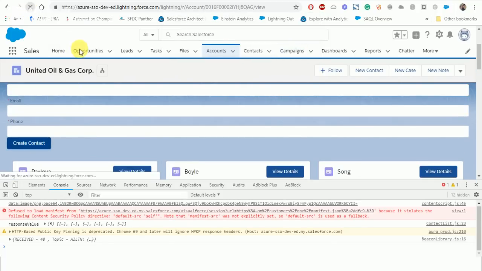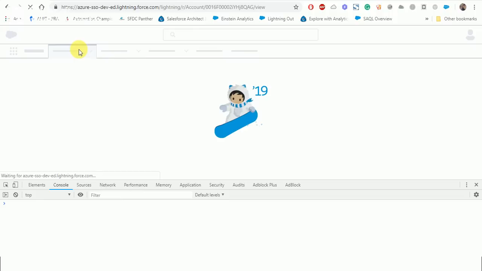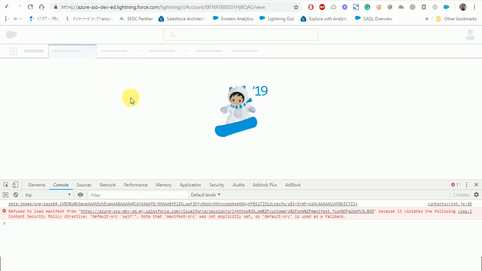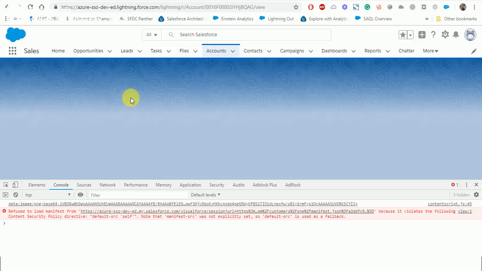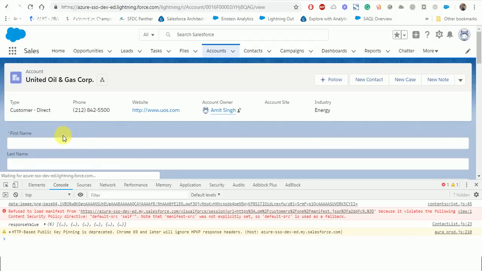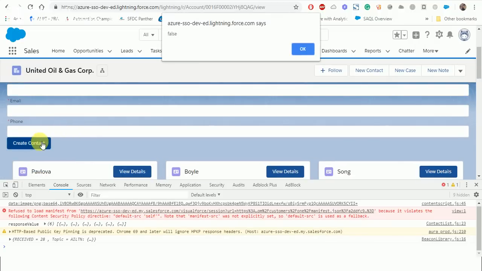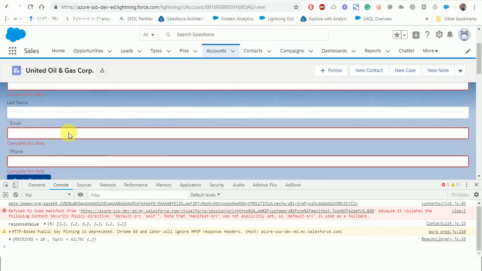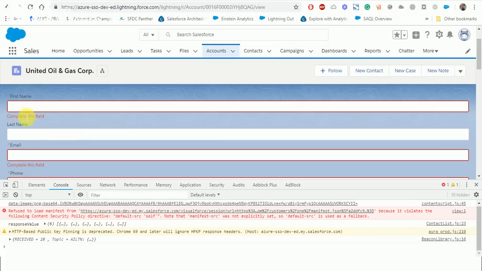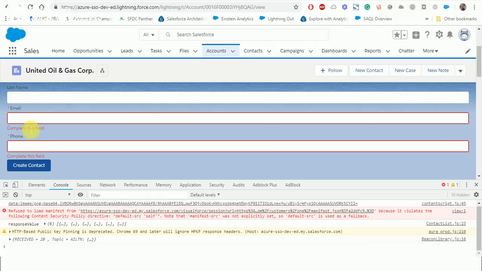Now it should work. Create contact, we can see that we are getting false. Please input all the inputs, and we are also able to see complete this field, complete this field,